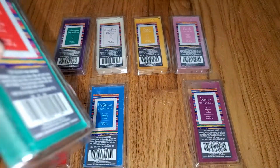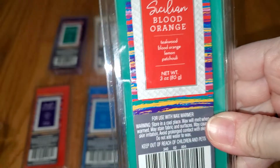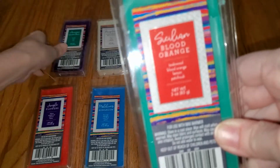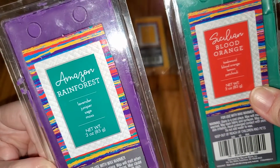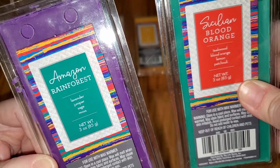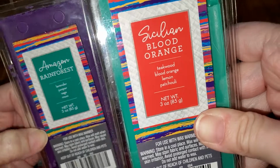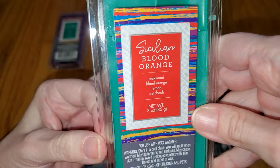Next we have Sicilian Blood Orange, which is really not Sicilian Blood Orange. It's actually Amazon Rainforest. And Amazon Rainforest, the notes are lavender, juniper, sage, and moss. So the green wax is,